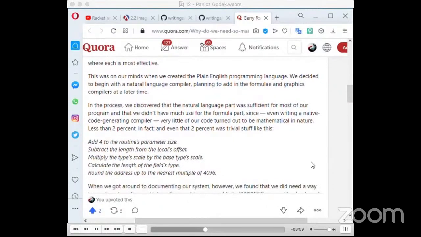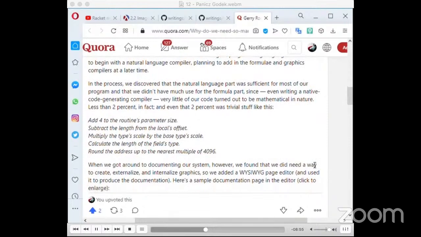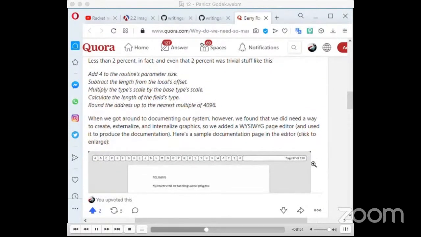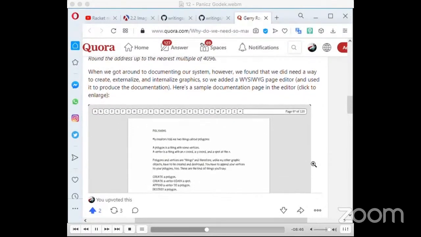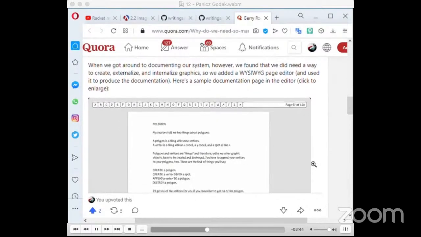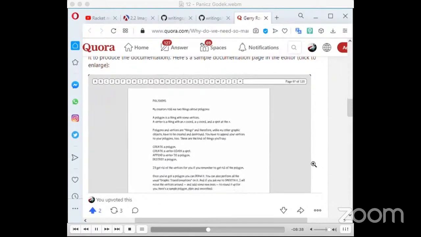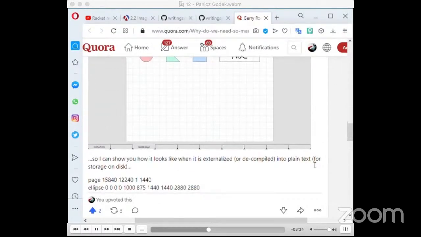that we didn't have much use for the formula part, since even writing a native code-generating compiler, very little of our code turned out to be mathematical in nature, less than 2% in fact, and even that 2% was trivial stuff. When we got around to documenting our system, however, we found that we did need a way to create externalized and internalized graphics, so we added a WYSIWYG page editor, and used it to produce the documentation. Here's a sample documentation page in the editor, and here's a simpler page. So I can show you how it looks when it is externalized or decompiled into plain text for storage